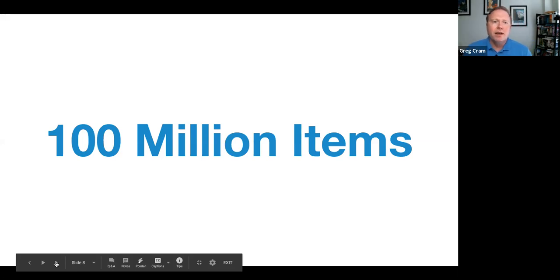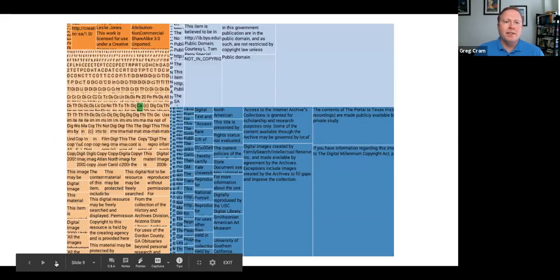Next slide, please. So of the 35 million items in DPLA, contributing institutions had used over 100,000 different rights statements to describe their assets. This is a visualization that we'll talk about again in the next presentation of those statements, just to give you a sense of how messy it was to encounter all of these different statements. Each box represents its own unique statement.